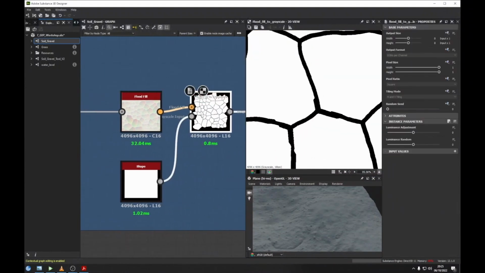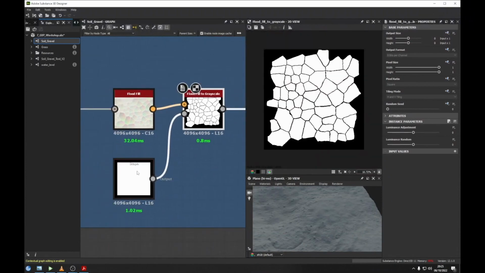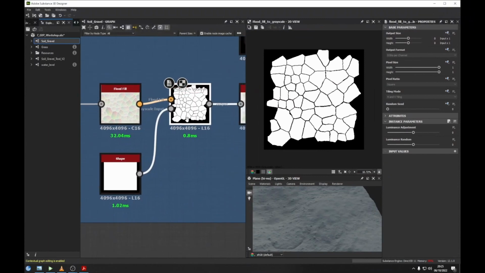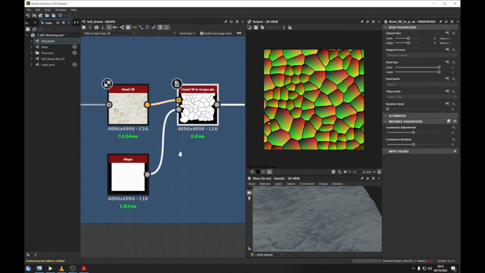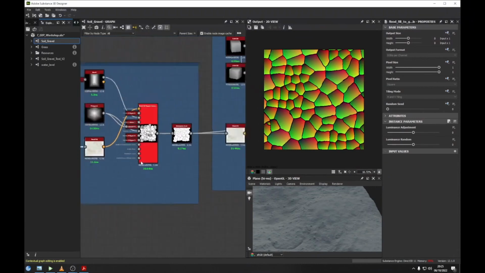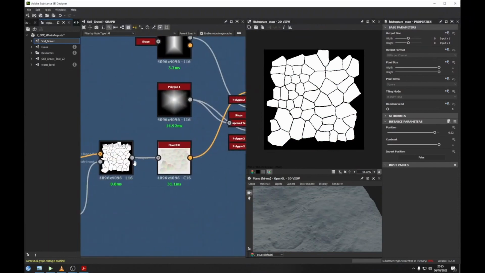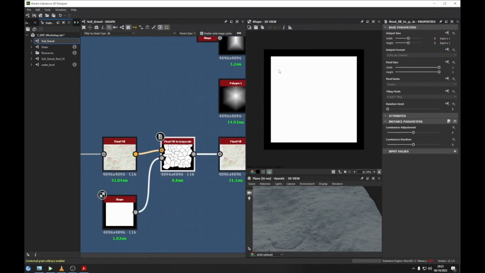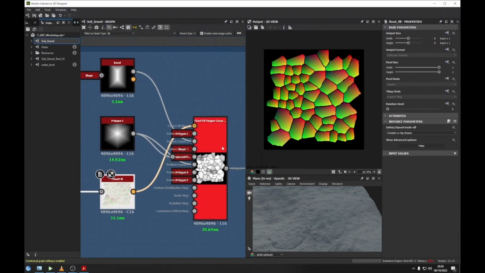And again, we're going to be using the flood fill to grayscale. This is something that I've only experimented with a few times, but it's a great way to pick out certain elements from the flood fill, which is a perfect example for creating your own unique atlas. So we use the flood fill to basically pick just the inner components. Again, we're going to run this through a flood fill, and that's the general atlas for the